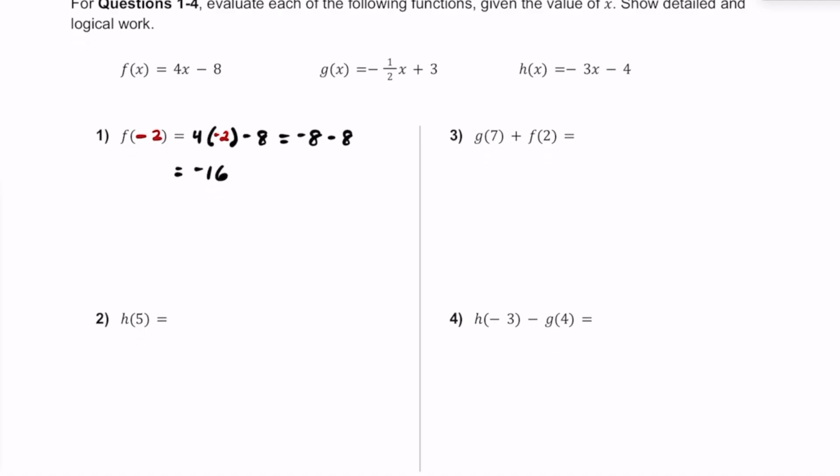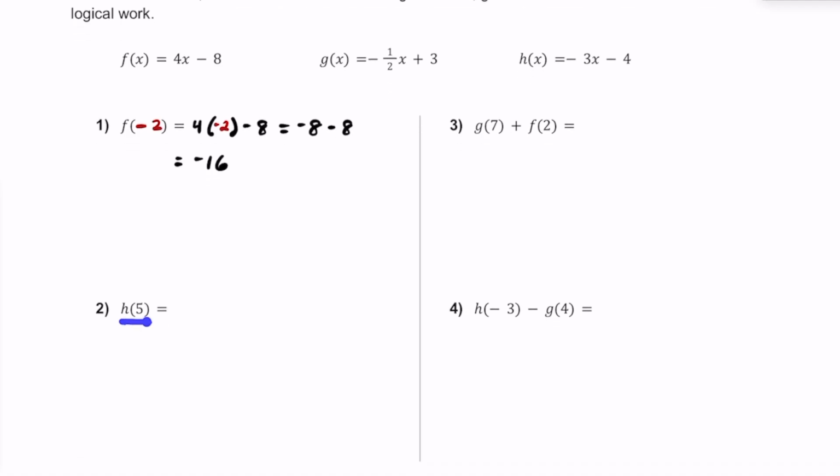For number 2, we have h of 5, so we're going to look at our h of x function here, but our x value is going to be 5. So let's plug in 5 for x here, making sure we use that h of x function. It's going to be negative 3 multiplied by 5, and then take away 4. Now, negative 3 times 5 is going to be negative 15. And then negative 15 minus 4 is going to be negative 19. So h of 5, or when x is 5, the h of x function is going to be equal to